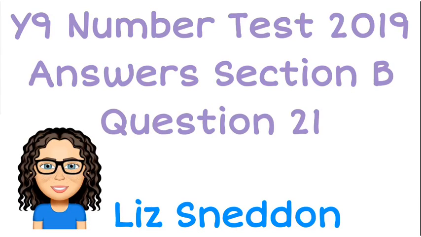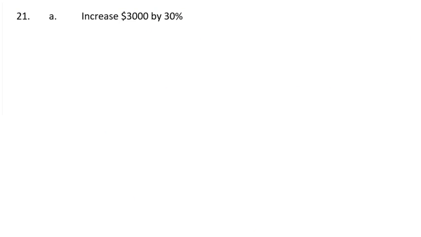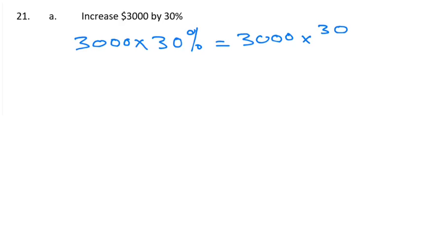Here's question 21. Increase 3,000 by 30%. So what I need to do is I first need to find out how much is 30% of 3,000. So I can take that 30% and write that as 30 over 100. Now I can simplify that, and so I can write this as 3,000 times, and now this is 3 times